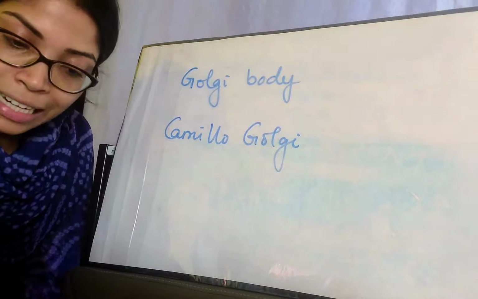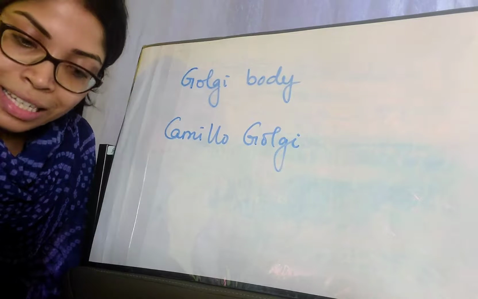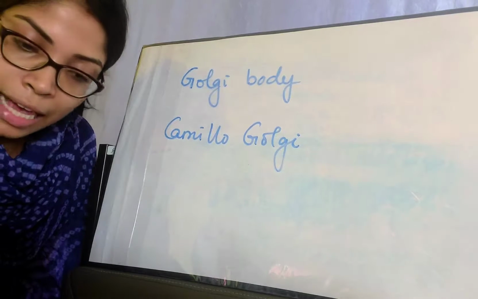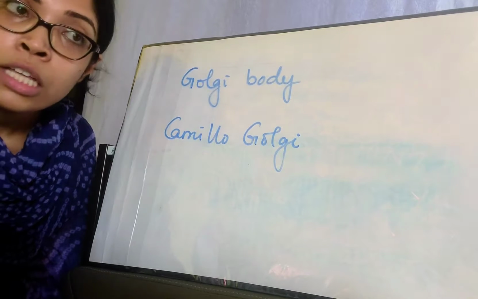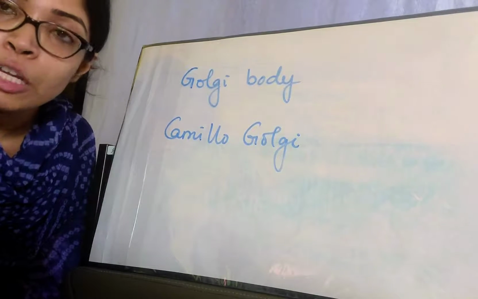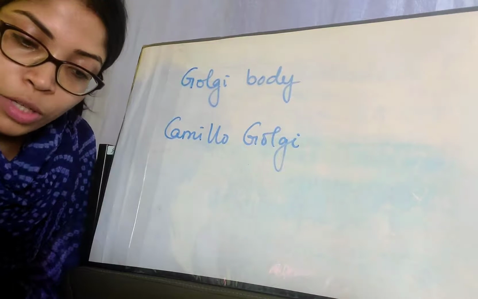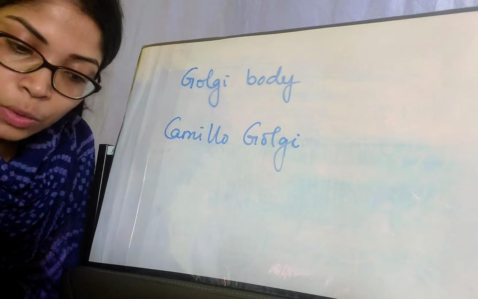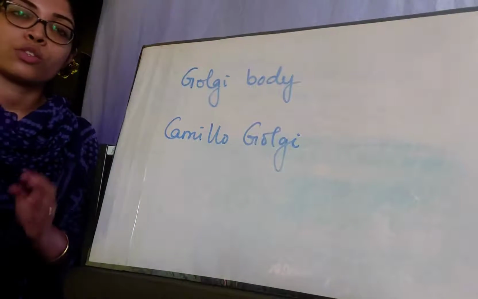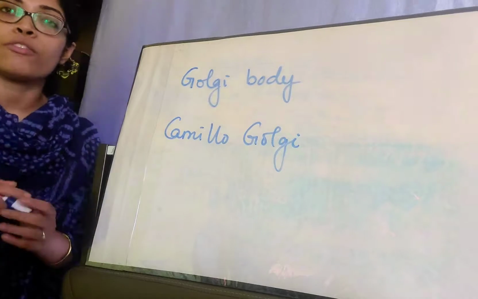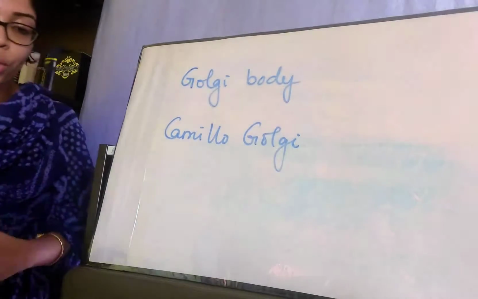The stack of flattened single membrane bound. So from here we get to know that Golgi body is single membrane bound, parallel sacs and other vesicles usually located near the nucleus. The Golgi body is basically located very near to the nucleus of almost all eukaryotic cells and concerned with secretion, altogether known as Golgi body or Golgi complex. So the main function of Golgi body is to perform secretion. Now we will talk about the functions later on.